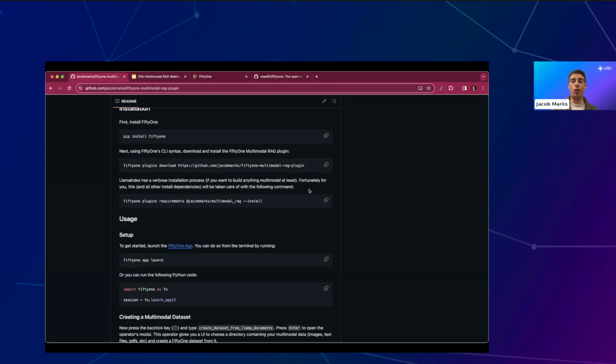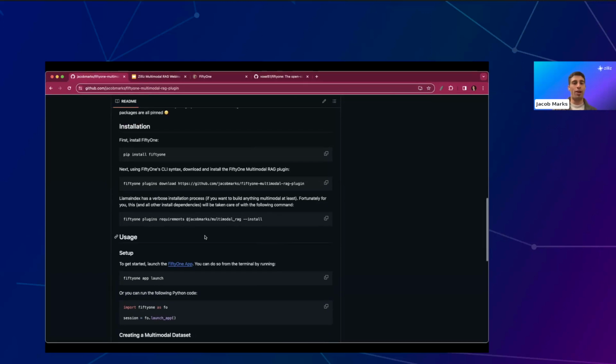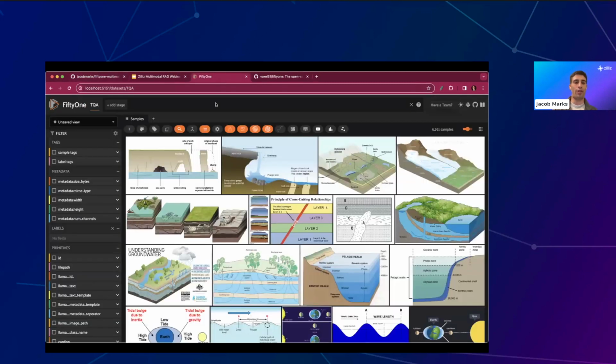So what I'm going to show you is, I've already gone through that process because this was the creation of the actual plugin itself. But the FiftyOne plugin ecosystem allows you to build data-centric applications within your regular data and machine learning workflows. And here, just checking, Christy, you can still see my screen? Yes, I can see it. Okay. So the FiftyOne app looks like this, as we saw before.